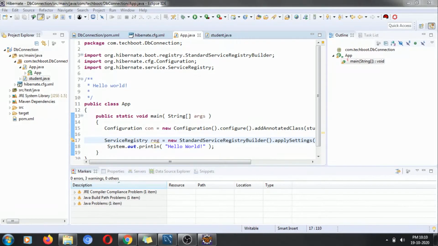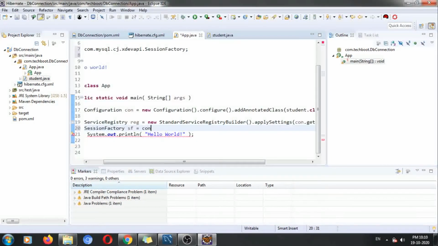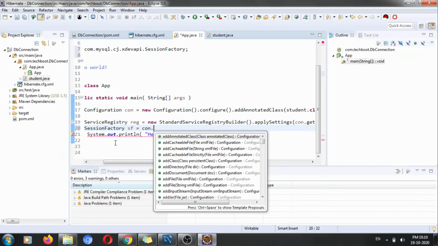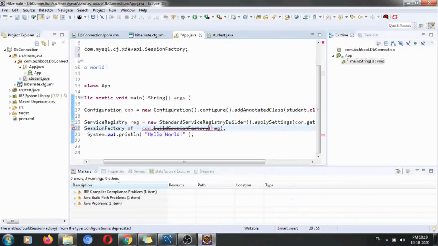Now simply we have registered here. After that, we need to use the SessionFactory. SessionFactory sf is equal to con dot buildSessionFactory, and here we need to provide the service registry details.